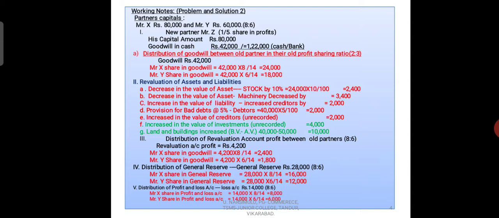So this is the first step. After reading the problem, you have to make working notes. After completion of working notes, now we can write journal entries. I hope you know how to prepare the pro forma of a journal. So you prepare the journal pro forma in 2 pages, and you always open 7 to 8 ledger accounts and 1 balance sheet for any problem. It is a common procedure.